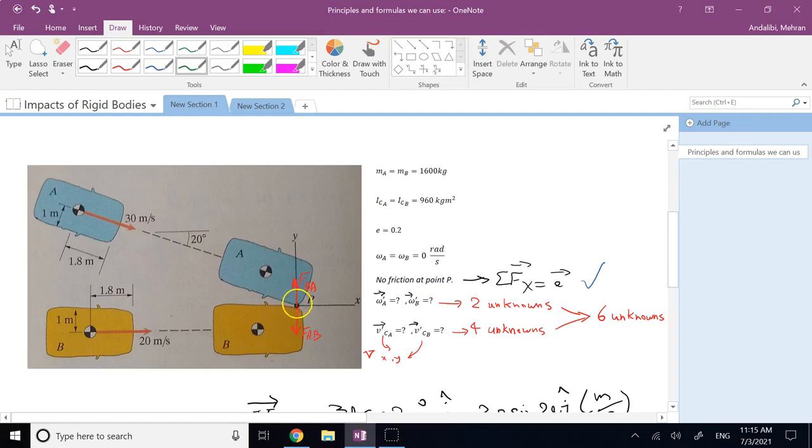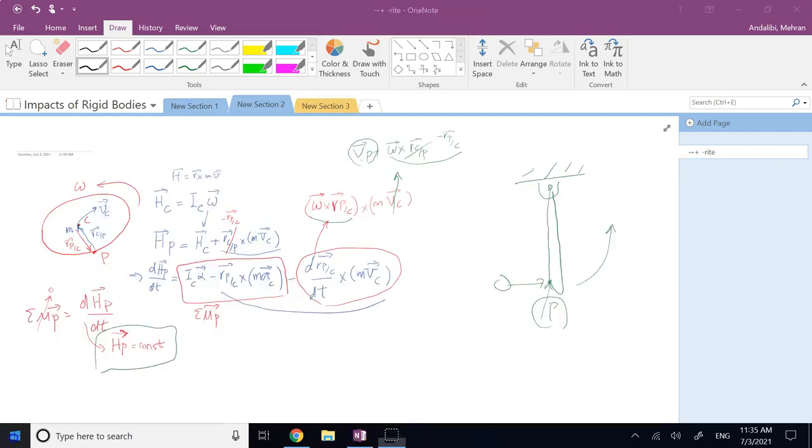At the moment, they are on top of each other, but they are on the two objects that are moving. So assuming that the contact point here is stationary is a little bit out of the ordinary to me, if you ask. So going back to what we had,